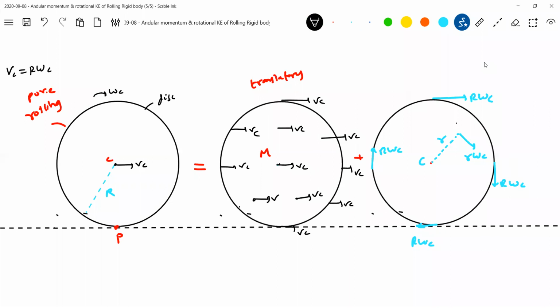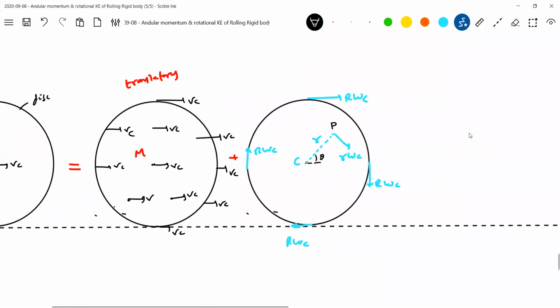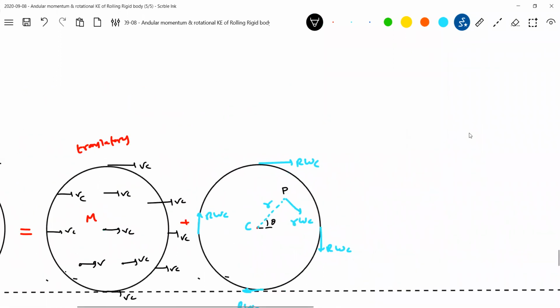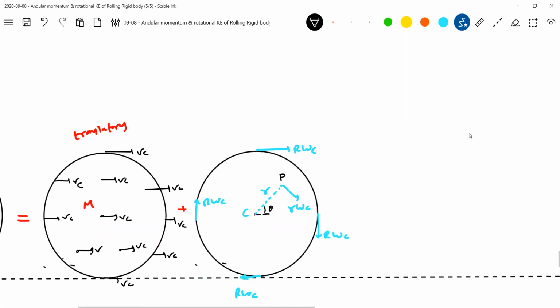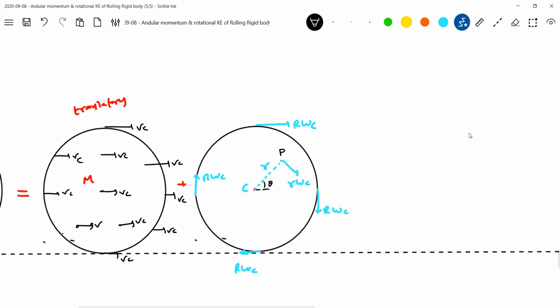So what is the velocity of this point here? I want the velocity of point P, which is making an angle theta. How to calculate that? Vp should be equal to, we'll write in vector form. Vp bar should be equal to, it is having two velocities. If I show all combined,